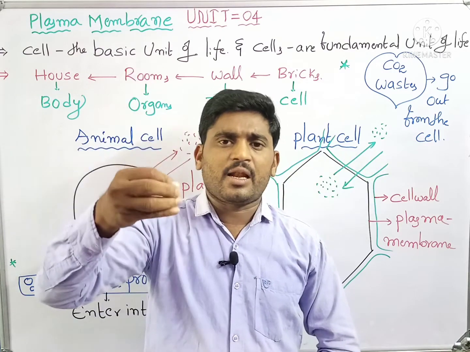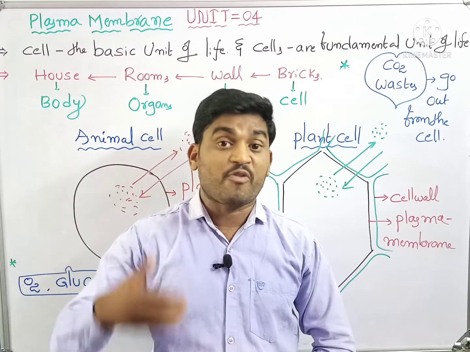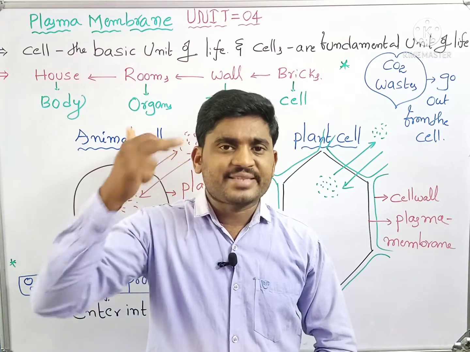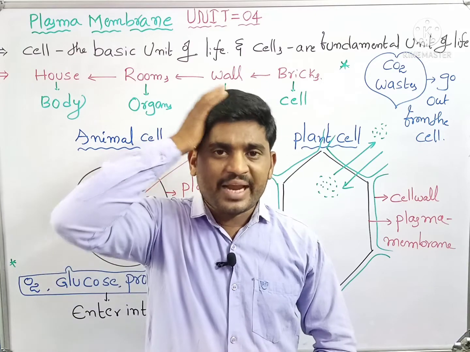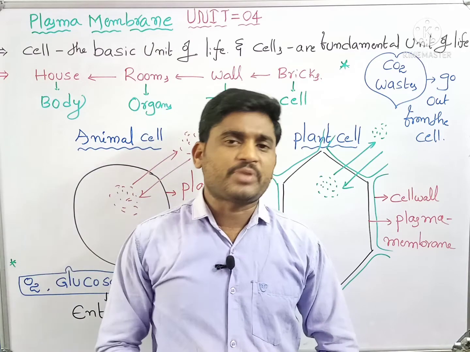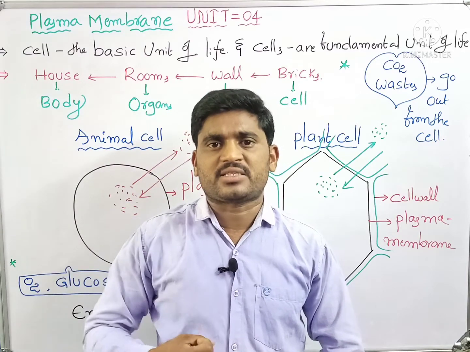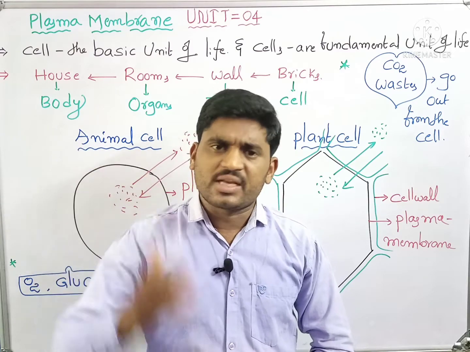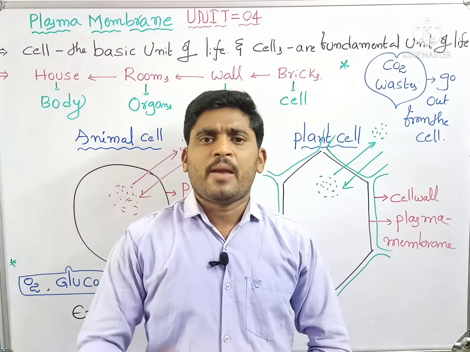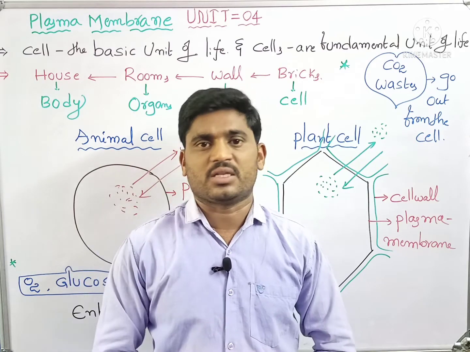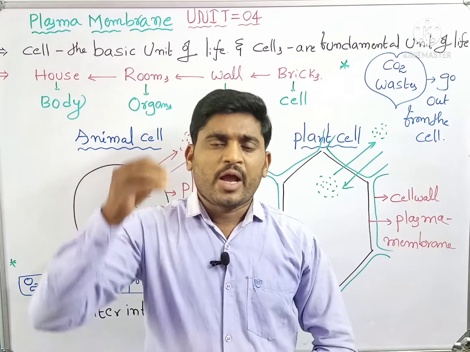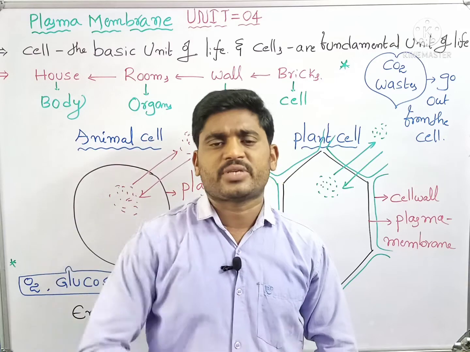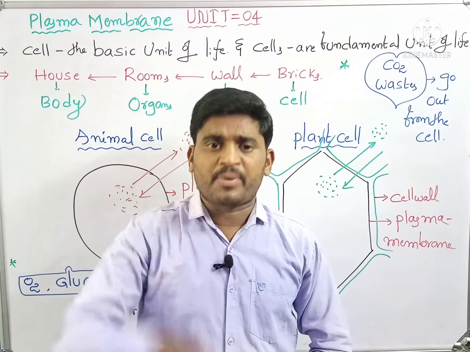Inside these cells, different actions and functions are performed. For example, my eye cells are involved in visibility, brain cells are involved in remembering things, and digestive system cells perform digestive activity. In our body, a number of cells are present, and every cell performs different actions and functions. So human beings are made up of a number of cells, plants also, and animals also.